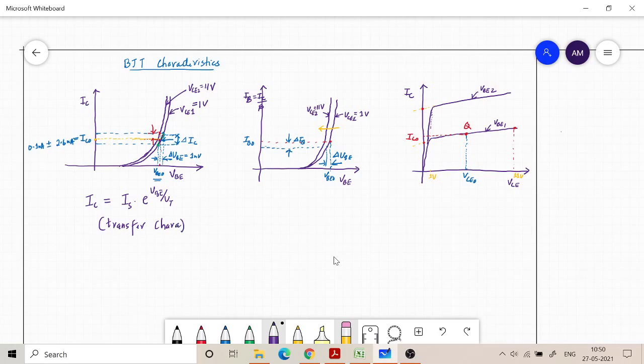The second one is basically input current versus input voltage. So that is input characteristics, and input current is IB, and IB is basically IC divided by beta. Okay, so beta is basically given by the product of emitter injection ratio and base transport factor. That product is basically alpha, and then from alpha you can find out beta. This also we have seen in an earlier class. So this is called the input characteristics.